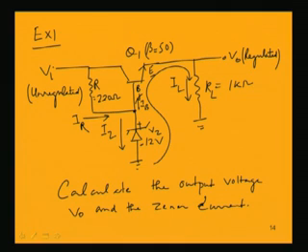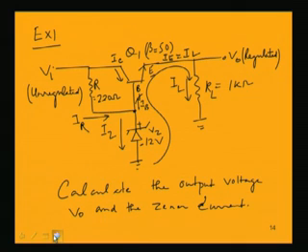So collector current is nothing but this current which is flowing through this collector, and we will be assuming here IC is almost equal to IE, and IE is nothing but this load current. IE is this load current IL, which we already found out. So if we know this IE,